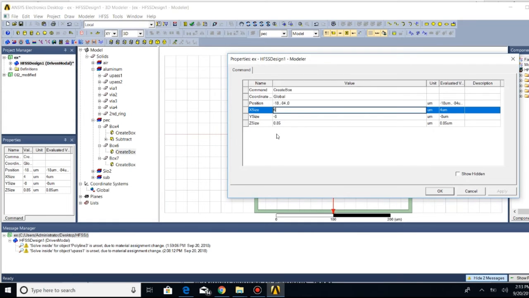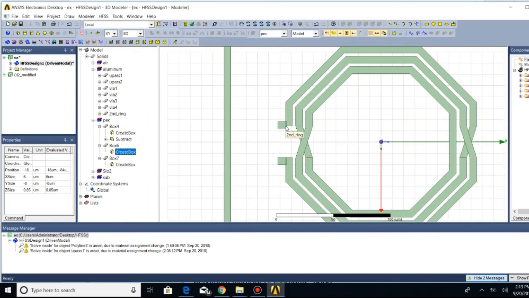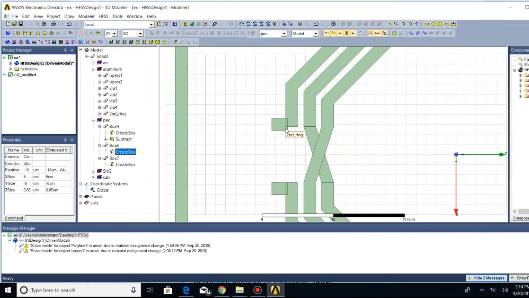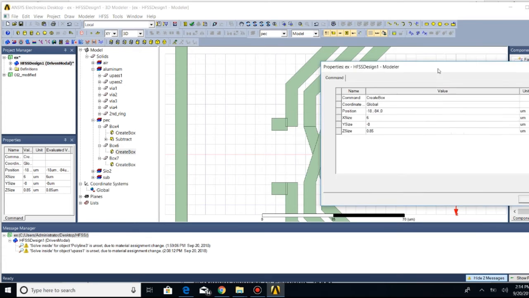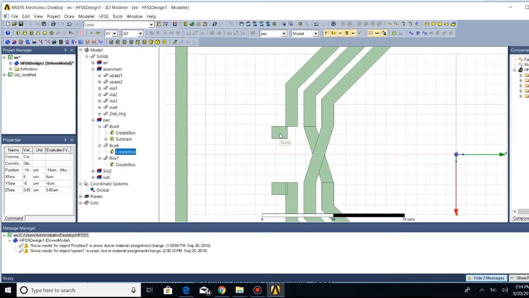X must be 6. Okay. You have to change the position also. Sorry, it must be